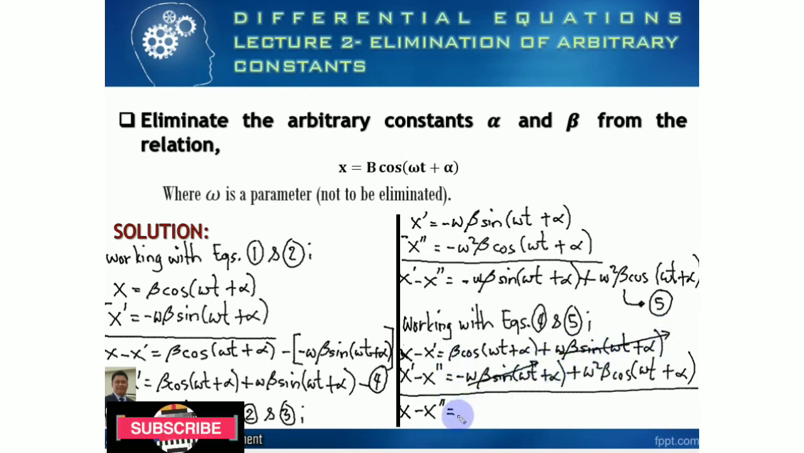So we have only this beta cosine of omega t plus alpha plus omega squared beta cosine of omega t plus alpha. So we are almost there in the solution of this problem. Proceeding with our calculation, we have here